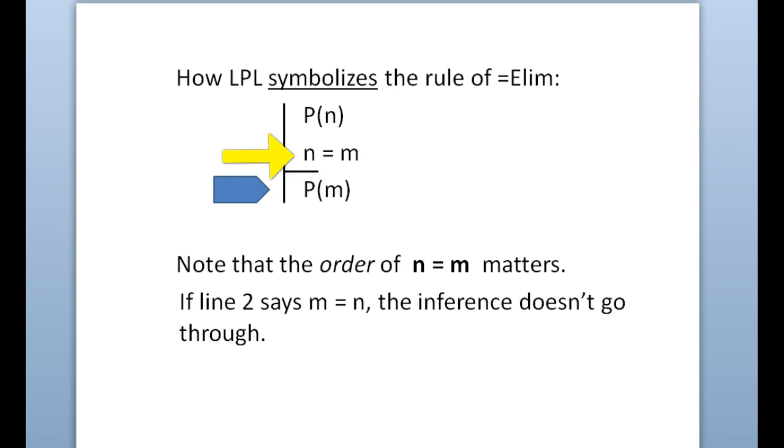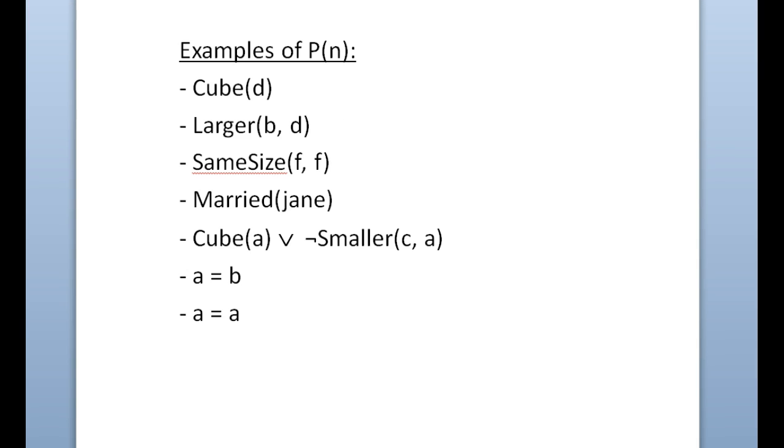So the name that appears on the left of the second sentence has to be the one that we're talking about in the original sentence. Okay, so if line 2 said m equals n, then the inference wouldn't go through, and this would not be a correct application of the rule. Just to make this more clear, here are some